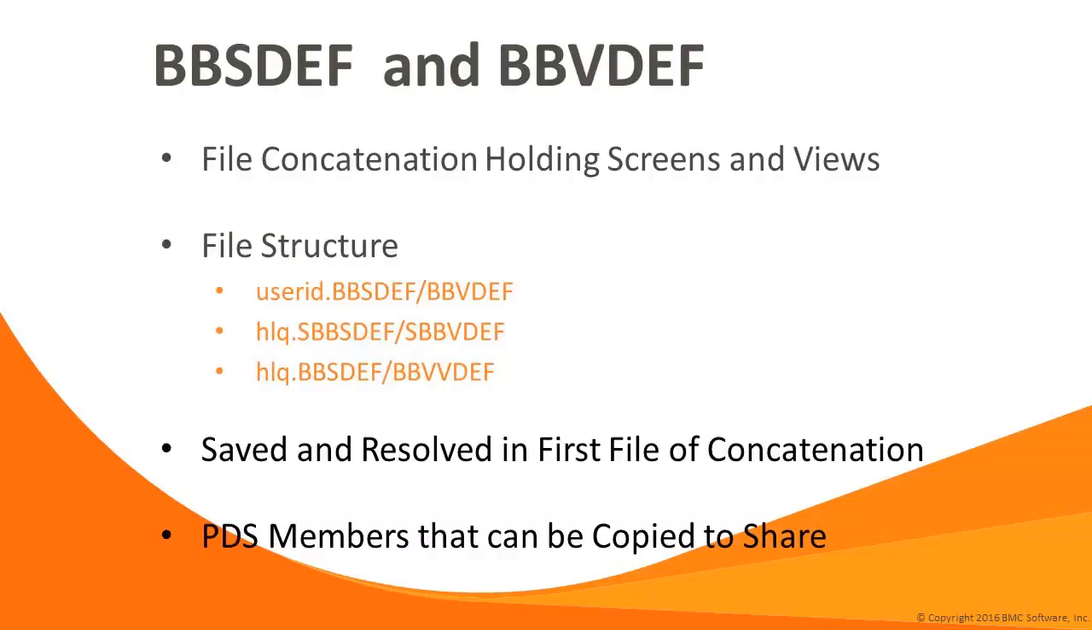The BBS-def file contains the MainView screen definitions. The BBV-def file contains the MainView view definitions. When a view or screen is saved, it is written to the first dataset in the file concatenation. The allocation of user-level libraries is determined during product customization. Users will be prompted to allocate their user-level libraries each time they start a MainView session until they allocate these